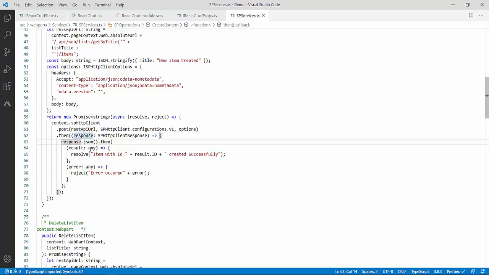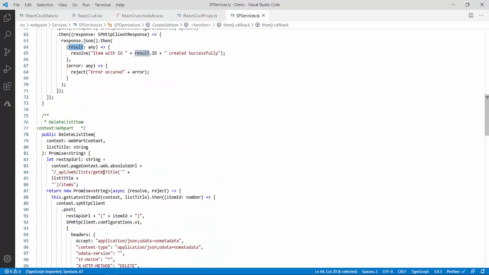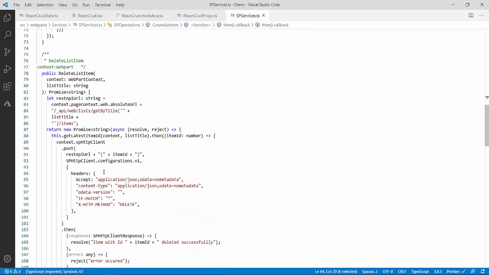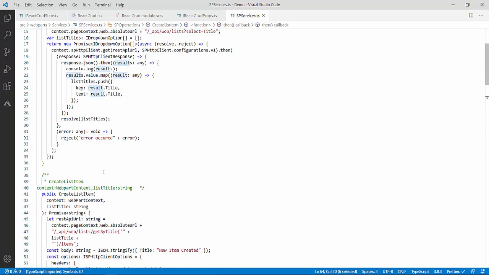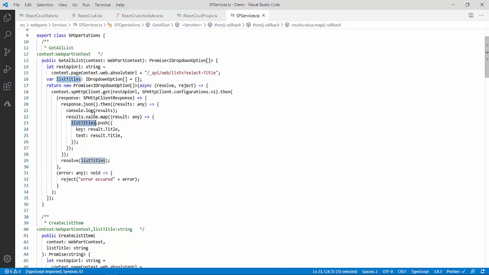The best practice is to just log this response you get in the form of result. Just log it and see what you are getting, and based on the response you can fetch the item as per your requirement. I showed you how we can fetch it. I think I have done it in create list title, yeah, over here. I console logged it, and this was the most complex one among all the operations. So I showed you how you can log it and use it.